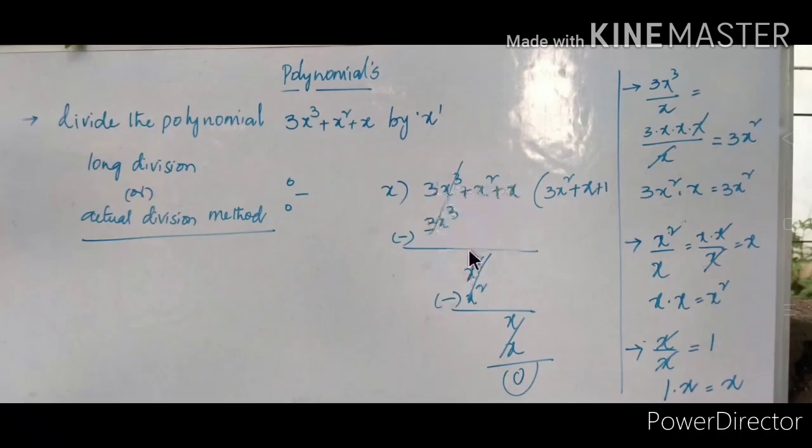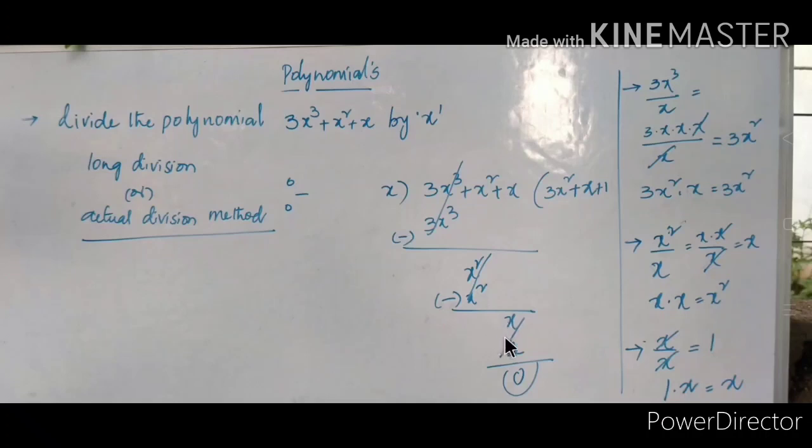Let's take x square from here. Again in our step 2, divide x square by x, that is equal to x. It becomes the second term in your quotient. Multiply this second term with your divisor. So we get x square. The deduction result is 0. Let's take another term from the dividend. So that is x.